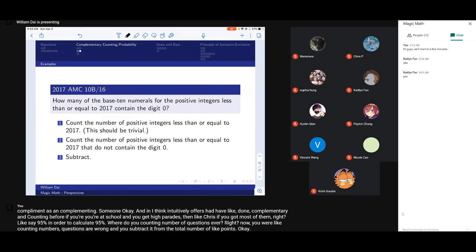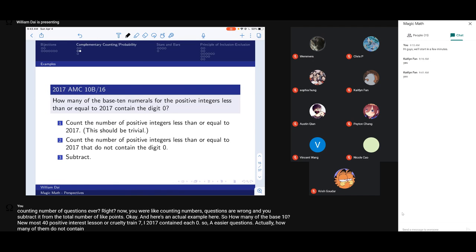Okay, and here's an actual example here. How many of the base 10 numerals for positive integers less than or equal to 2017 contain the digit 0? An easier question is actually how many of them do not contain the digit 0 at all. It can't have the digit 0 in any of its decimal places. So this is actually a way easier question than it seems at first,